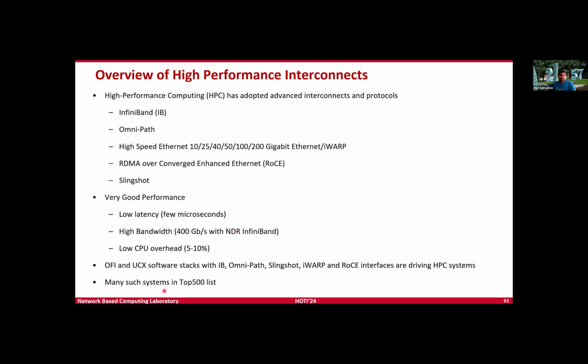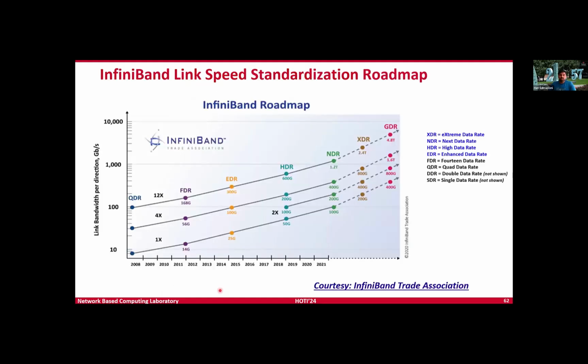And several of these systems are powering the top 500 supercomputers in the world. Now, if you look at one such interconnect, InfiniBand, it has been evolving over the last 2 decades from about 10 Gbps, now all the way up to 400 Gbps. These come in various form factors. The typical form factor is 4x, where you have 4 pair of cables in one physical wire. This is how the network has been evolving. Right now, we are at this particular juncture in time. So again, as I mentioned, this is not the only high-performance interconnect available out there. There are a few of them, but we just give this to give you a flavor of what is out there.